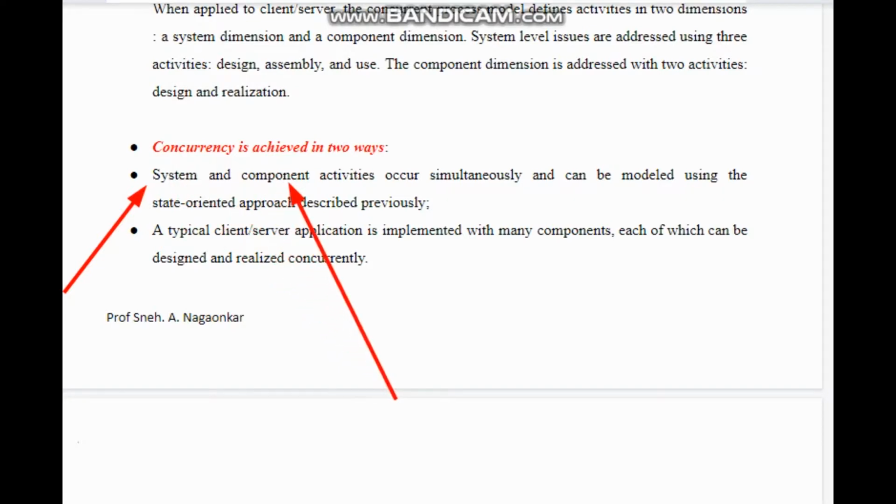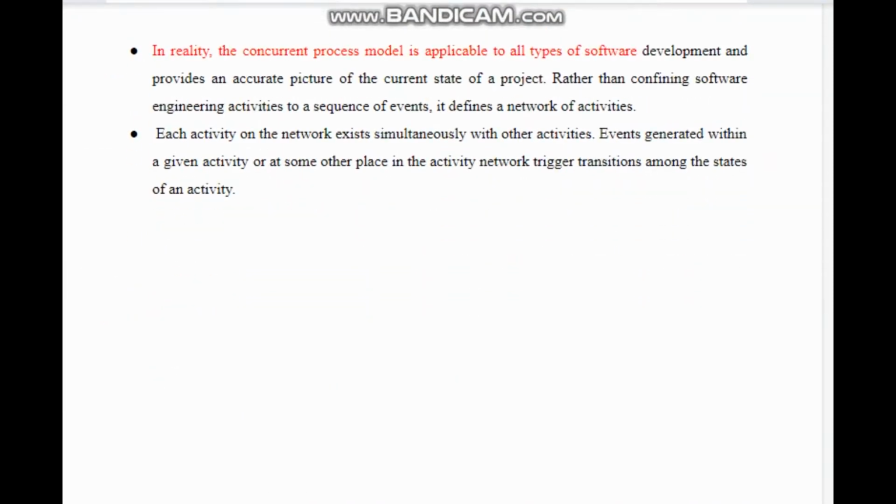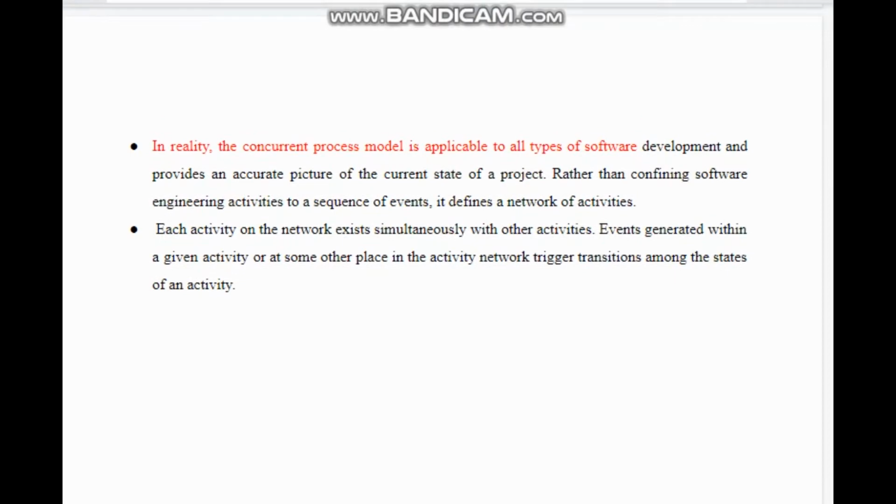Components are the activities that are related to your project. A typical client server application is implemented with many components, each of which can be designed and released concurrently. Client server applications basically fall under the networking applications, so in these applications you can mainly focus on networking things, right?